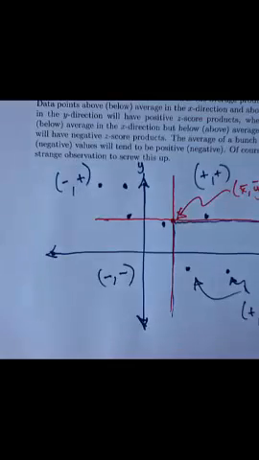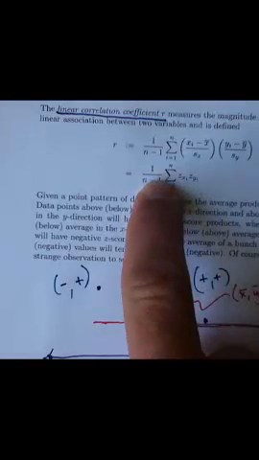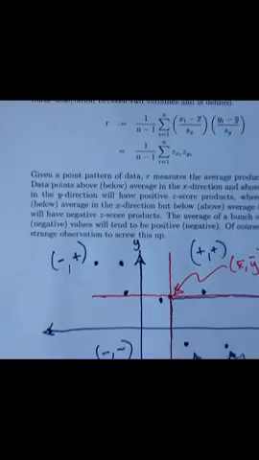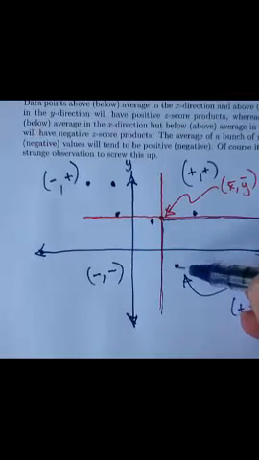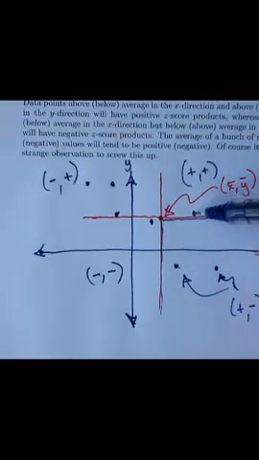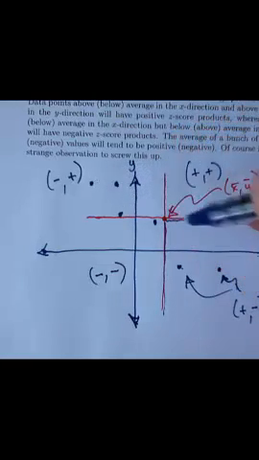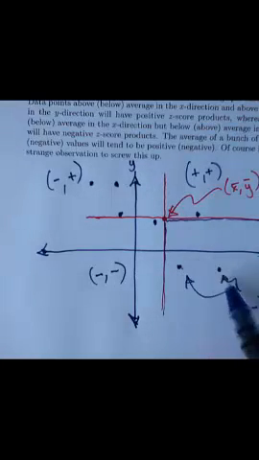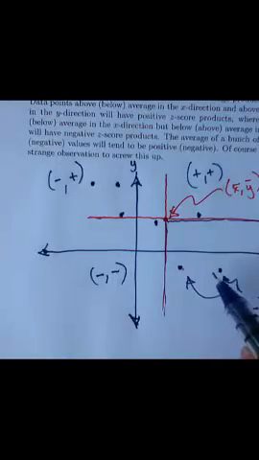Okay. So now look at what the formula does. If this -1 wasn't here, it would simply be an average of the products of the z-scores. For this point it would take a plus times a minus. And this point, a plus times a minus. And for this point, a positive times a positive. Here you have a negative times a negative. From this picture, it looks like you have mostly a bunch of numbers with opposing signs. You have a couple where they have the same sign, but for the most part you have a bunch of products